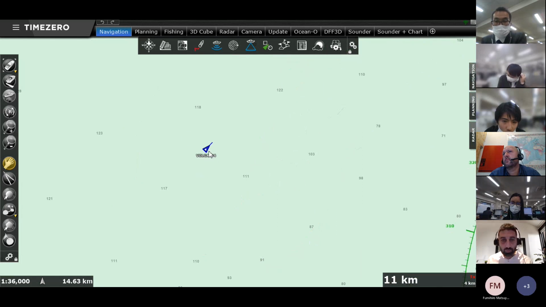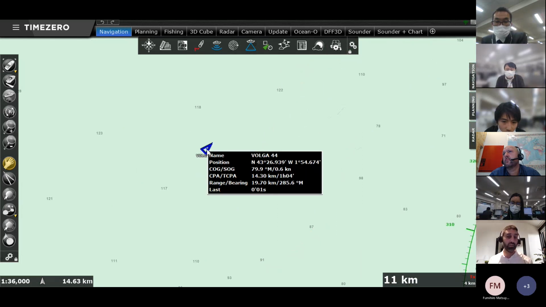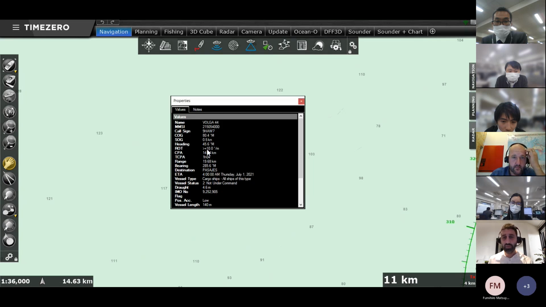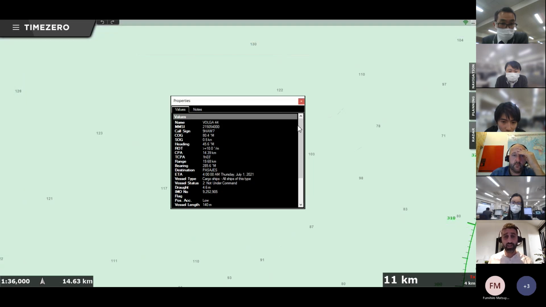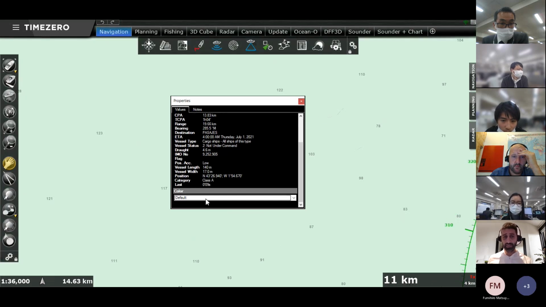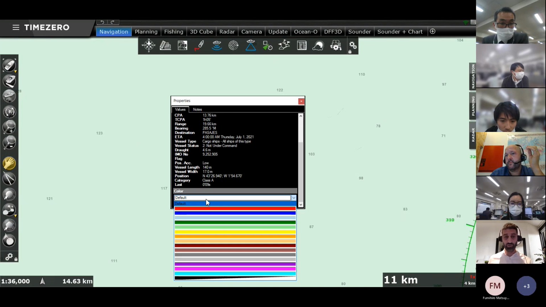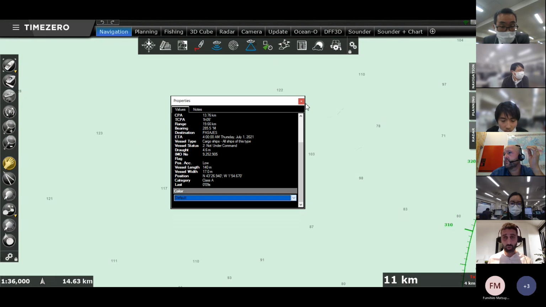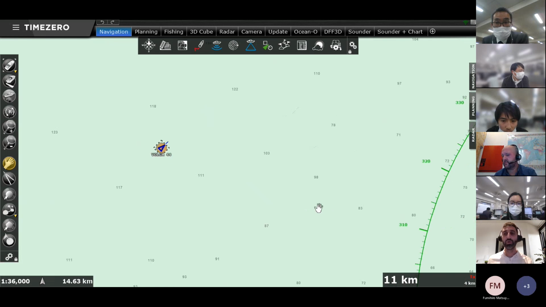By just putting the mouse on that target, you can have basic information about it: the name, the position, COG, SOG, CPA, TCPA. If I double click, I have more information on the target, the MMSI number and voyage information. I can change the color of the target if I want to see it differently. So all this is, of course, available in TimeZero.